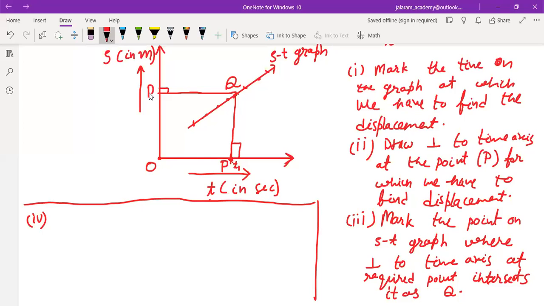It intersects at R. So point R will give the displacement S1. If we assume that this displacement is S1, then point R will give the displacement at time T1 on the graph. So we can easily find the displacement using the ST graph. So the fourth point is: draw perpendicular